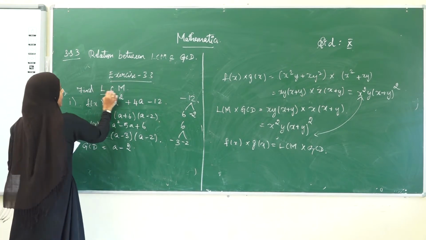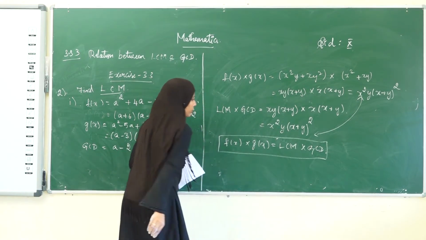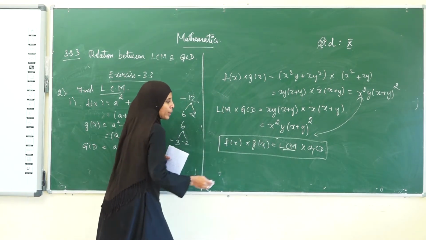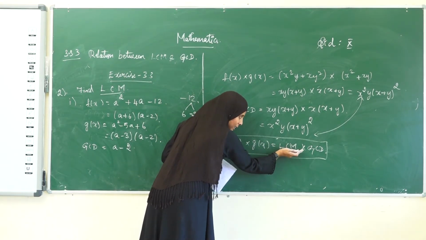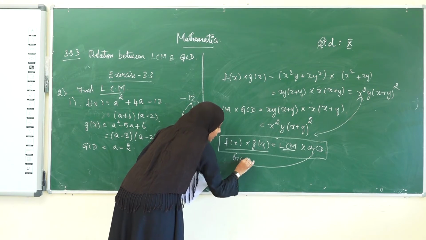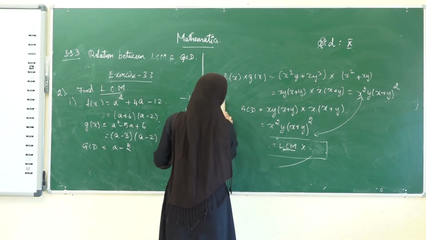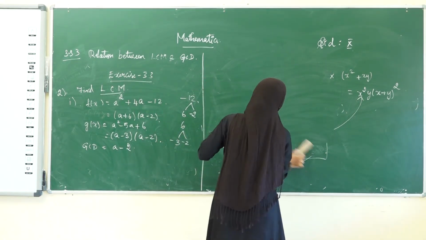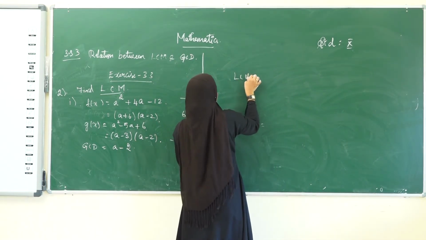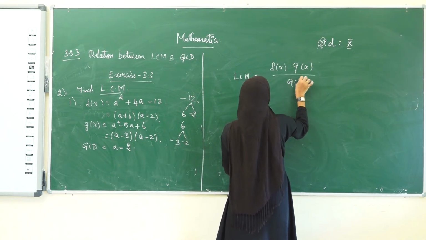Now, we are going to find LCM. We already know this formula, right? This is a formula of this subdivision, a very important formula. Now we are going to find LCM alone. So what are you going to do? We are going to take LCM, keep it as it is, and take GCD to this side. Therefore it becomes divided by GCD. This becomes the formula of this sum. That is, LCM is equal to f of x into g of x divided by GCD.